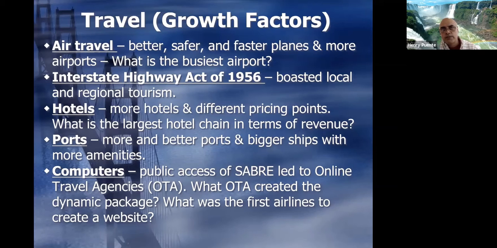These cruise ships are like the size of small towns nowadays, at least in terms of accommodations. They can seat over 6,000 people on some of these ships. And that's the reason why you need bigger ports, because the ships keep getting bigger and bigger with more amenities. In other words, a lot of these ships have movie theaters, have water slides everywhere. These ships have it all. You can go and gamble, so on and so forth.